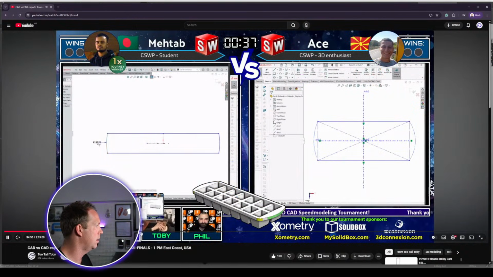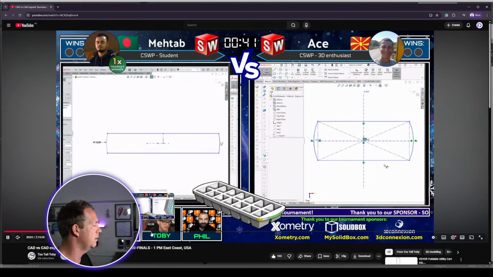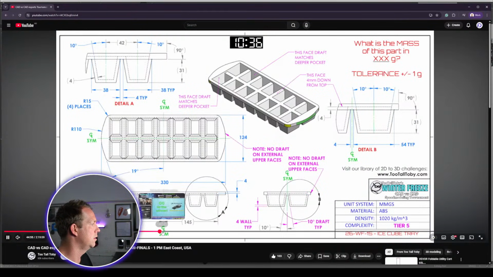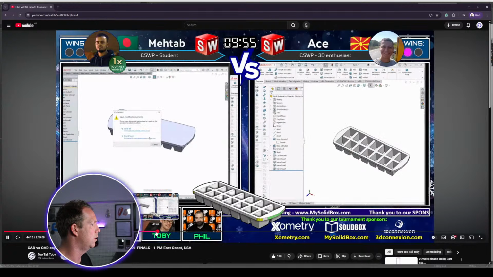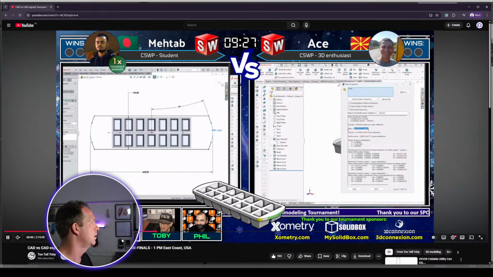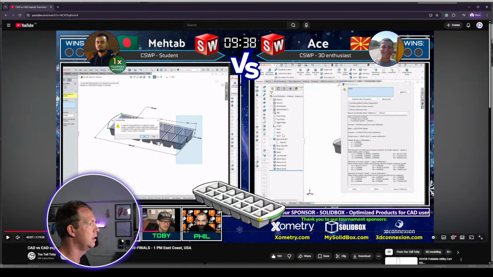All right, now I'm going to, like I said, skip ahead to the end. I'm not going to be too critical of the start, but there are some tips that I'll pick up and suggest as we get closer. All right, just going to find that endpoint, which is around here. Now, unfortunately, we can't see all of Matab's feature tree. We'll just see if that comes through in the next few seconds, but we can see how Ace has done this model. And what I will bring up on screen is the drawing,